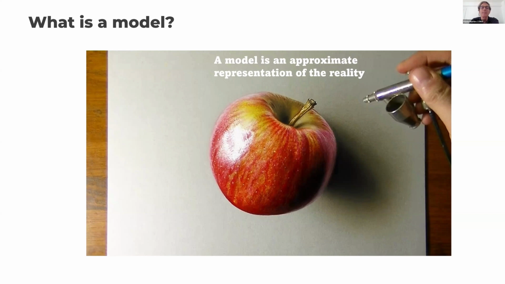So basically, it means that the models are never right. They are always a bit wrong, a bit different from the reality. So our job is to keep that difference as small as possible, taking into account our objectives and our computational power. But we must always remember they are approximations of the reality. Okay, so this is a very important concept for you to keep.